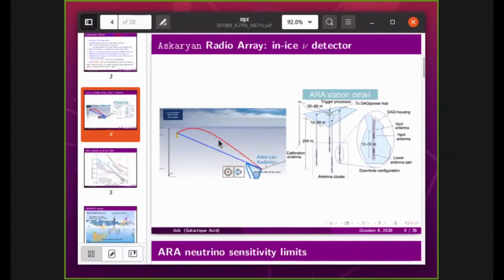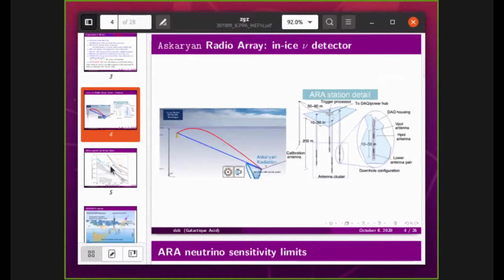And the fact that you have two signals that arrive at your detector separated by something like 100 to 200 nanoseconds is a very powerful and sort of irrefutable signature of an in ice neutrino interaction. So most of the backgrounds are, for instance, coming from the surface. But if you see this double pulse signature, it immediately tells you that what you're seeing is an in ice neutrino interaction. On right is shown the station detail, showing the radio receivers buried at a depth of about 200